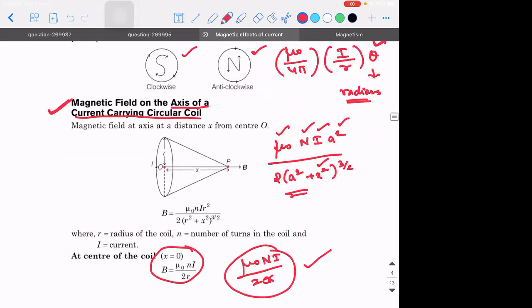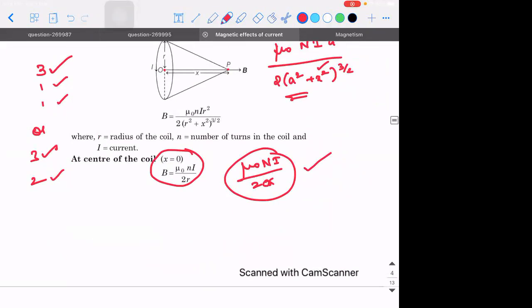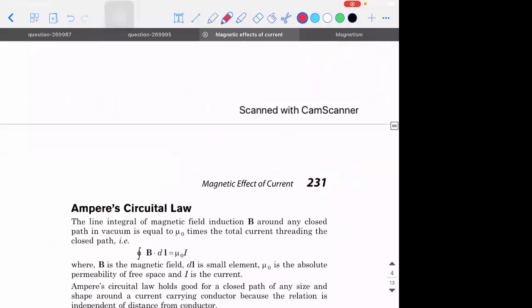So I hope you guys have practiced the derivations of it. For CBSE, it is important. Generally in CBSE, if they give a 5-mark question, they give it as 3-1-1 or 3-2. They don't give it like a direct 5-mark question. So be careful that 3 marks can be a derivation and 1 and 1 mark can be an application of it, or 3-mark derivation and 2-mark direct application of it. So please ensure you're practicing all the derivations. That is the first rule. If you still don't have understanding of those derivations, revisit the videos. Still you don't understand, approach me.